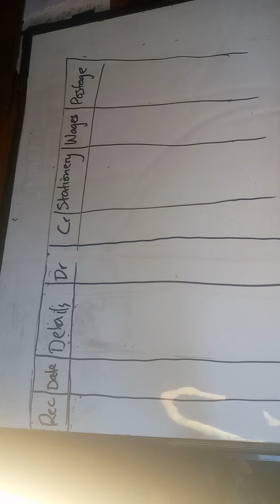Okay, so in the petty cash book, we use it to record small transactions of daily activities which cannot be recorded in the major cash book. So there are tiny transactions like stationery, postage, wages, as well as transport. These are small transactions which, when you enter them into the cash book, you're really going to confuse yourself